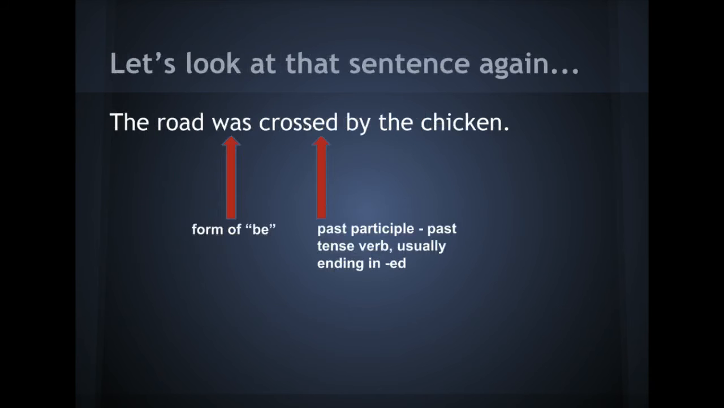So let's look at that sample sentence again. The road was crossed by the chicken. Was is a form of be. Crossed is a past participle verb, or in other words, a past tense verb ending in ed, or just a past tense verb. So I know that because a form of be